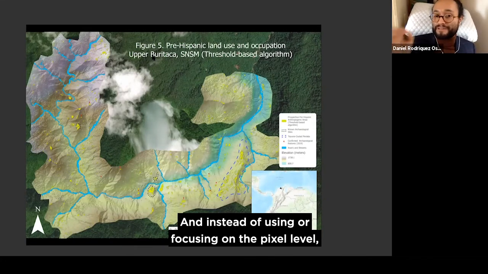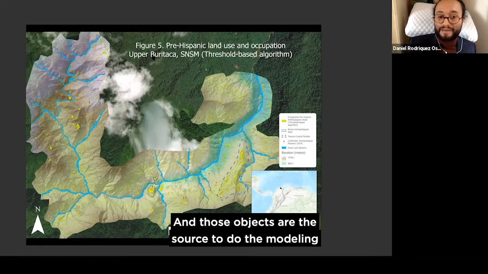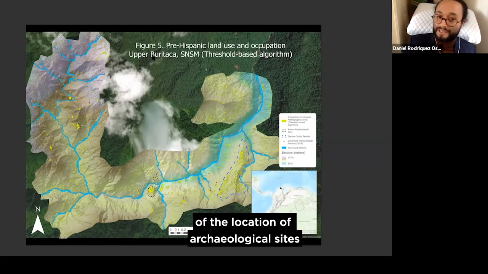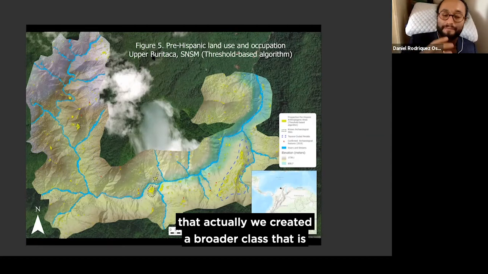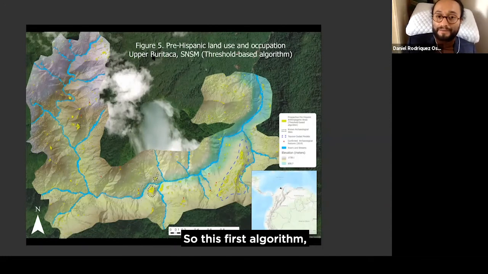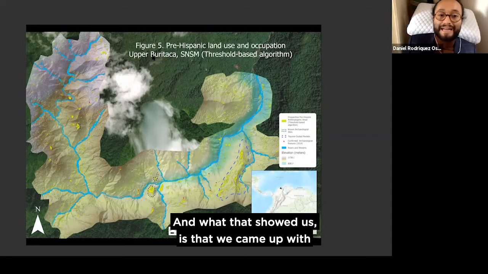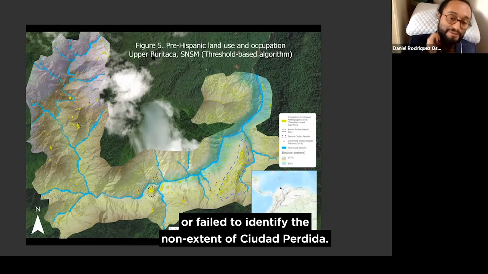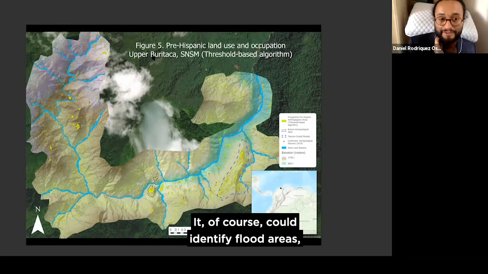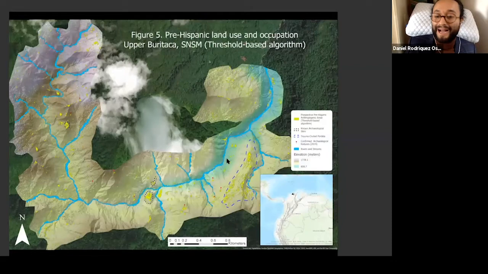And instead of focusing on the pixel level, it uses the aforementioned variables to create objects. And those objects are the source to do the modeling of the location of archaeological sites, where actually we created a broader class that is pre-Hispanic land use and occupation. We used 3 algorithms to conduct OBIA. And with this first algorithm, called the threshold-based algorithm, we solely, again, used slope. And what that showed us is that we came up with a really conservative result that overlooked or failed to identify the known extent of Ciudad Perdida. It, of course, could identify flat areas, as you can see, but it failed to actually model what is an